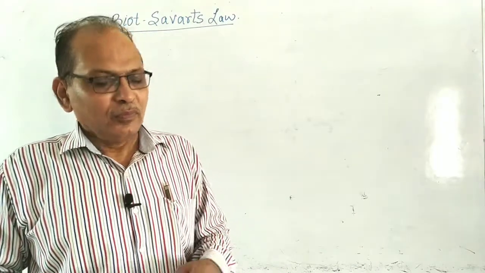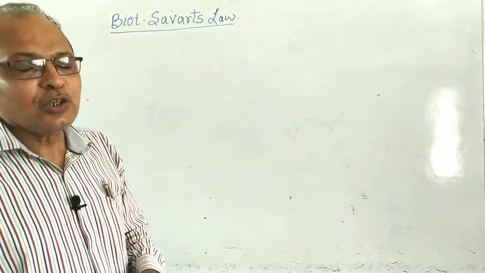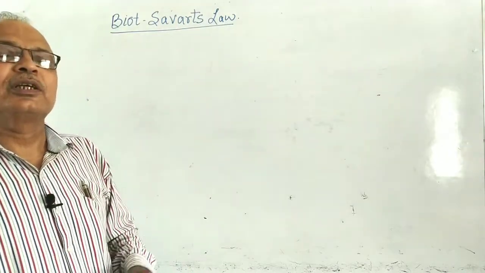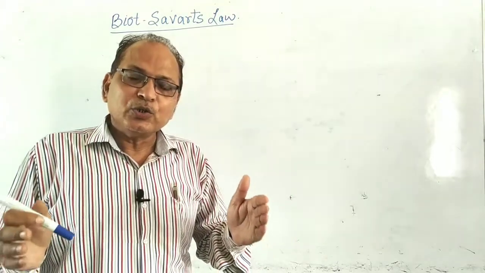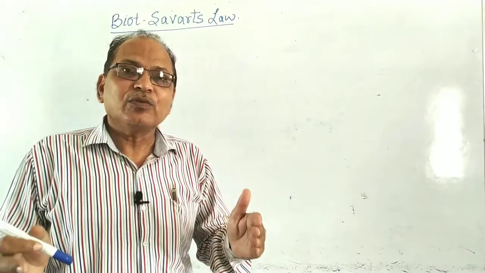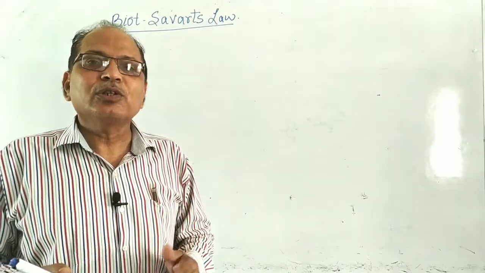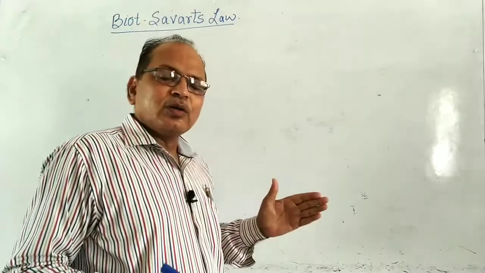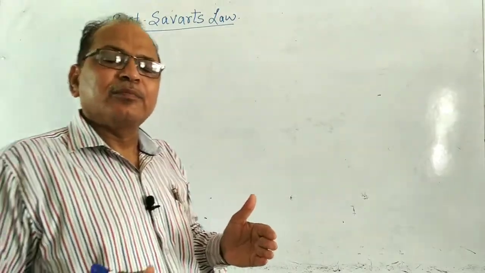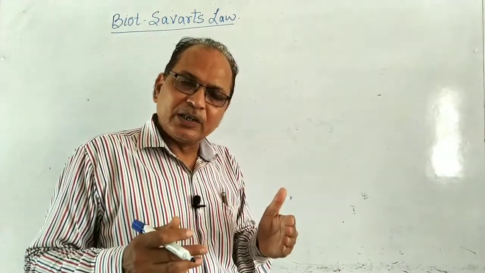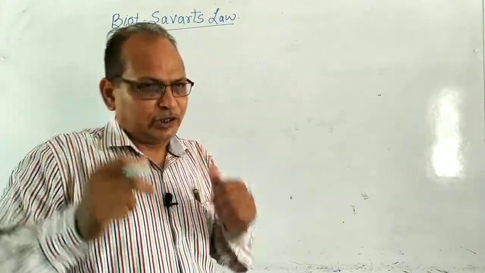Now, according to Biot-Savart's law, this law basically gives the method so that you can calculate the intensity of magnetism or magnetic field intensity around the current carrying conductor. Therefore, we use the Biot-Savart law for calculating the amount of magnetic field developed around the current carrying conductor at a particular point.